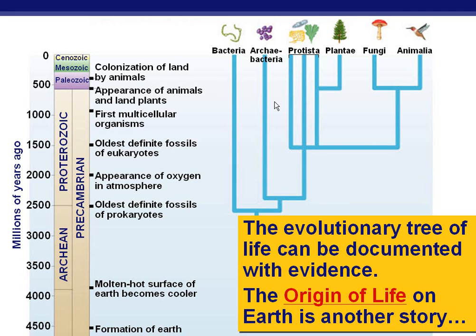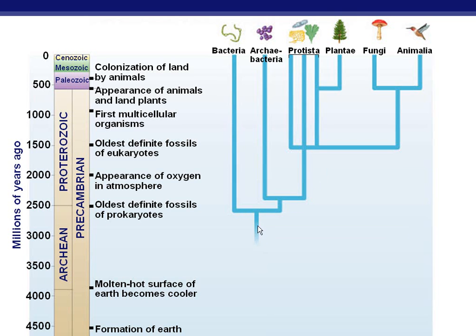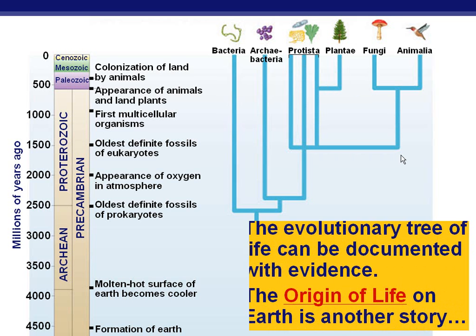So here is the tree of life, if you will. There we go. So a common ancestor giving rise to bacteria, and remember archaeobacteria, two different types of bacteria, and a common ancestor giving rise to archaeobacteria and protists. Then a common ancestor giving rise to a variety of protists, which we don't spend enough time on, but they are animal-like, plant-like, and fungi-like. Plants branching off of protists, and then over here fungi and animals branching off as well.